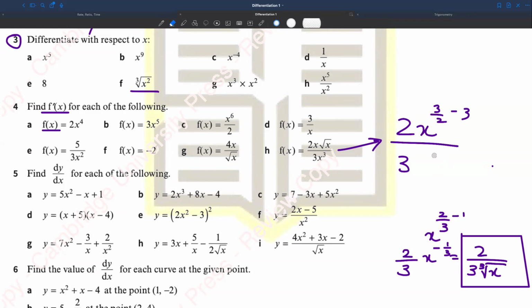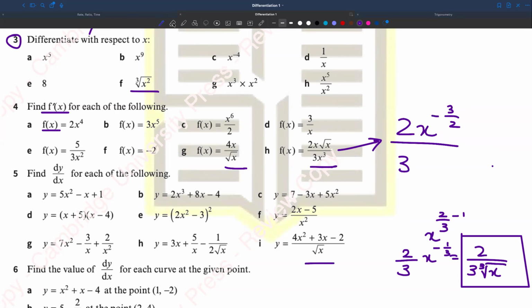Minus 3 upon 2, right? 3 upon 2 minus 3 becomes minus 3 upon 2. I hope this is the correct answer that I'm giving. Now you will differentiate. So minus 3 upon 2 will multiply by 2 upon 3, and then the power will decrease. So whenever you have questions like these or this,